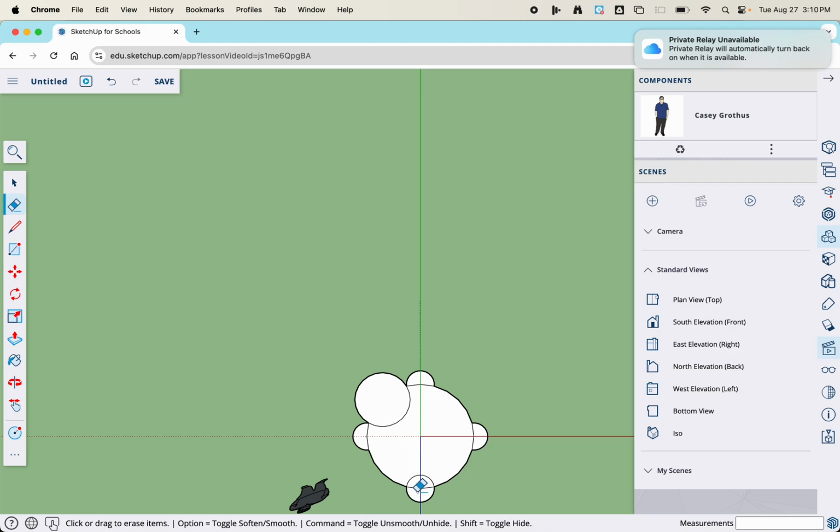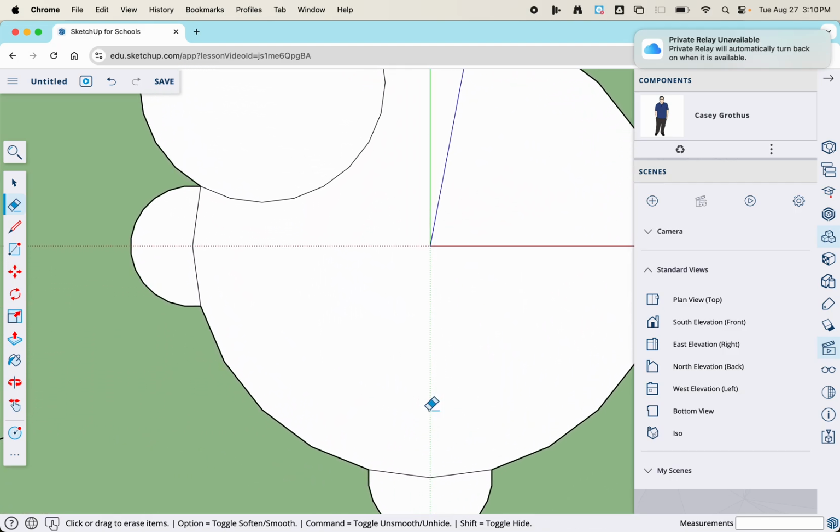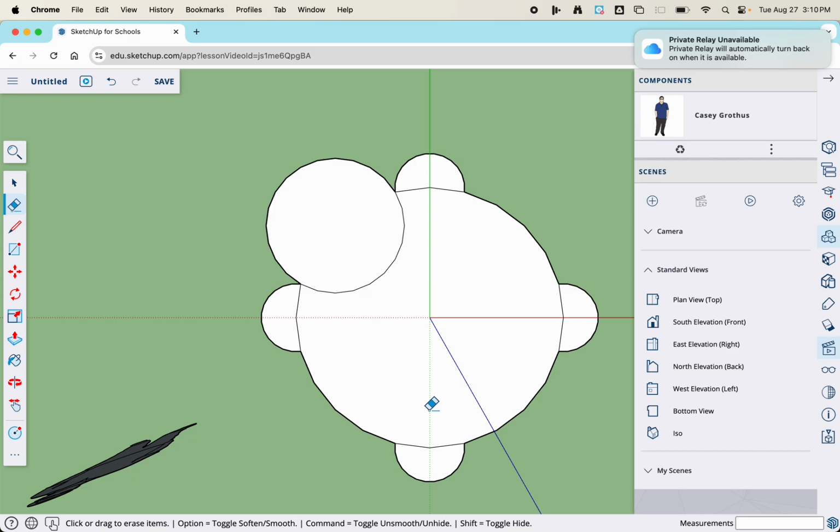Then I got to zoom way out and then zoom back in again down here on the bottom to get this one. Okay. So that's the basic outline right now. And then next what we're going to do is